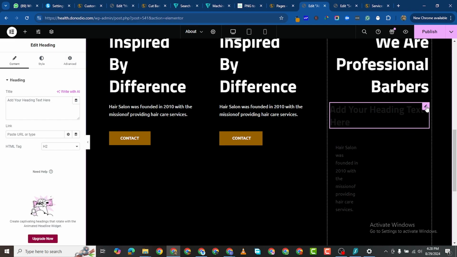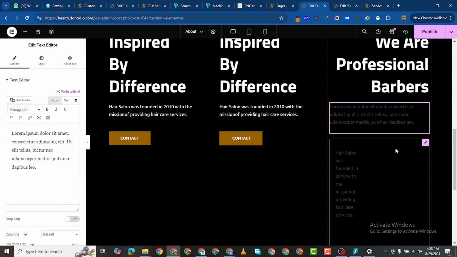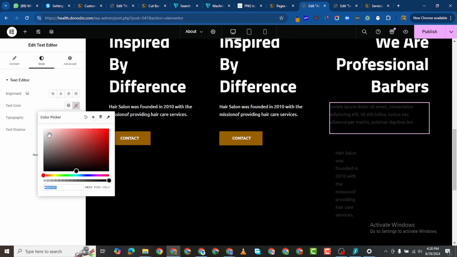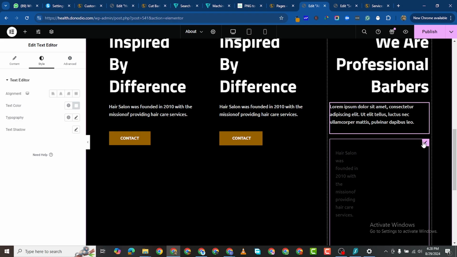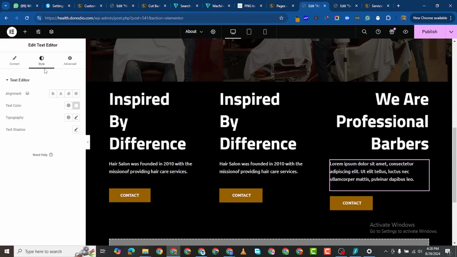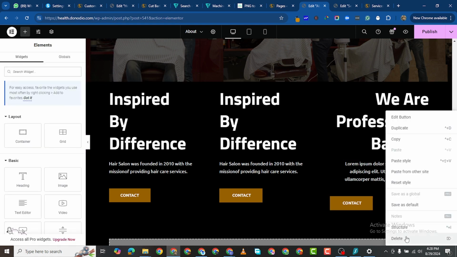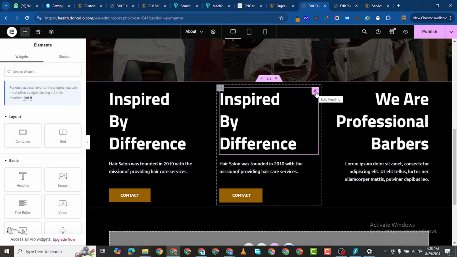Now I drag the heading instead. I'm going to drag a text editor widget. I'm just going to leave that text there the way it is. I'll delete this. I'll delete this. And then come to style, make it face this section too. I don't need a button here. Inside here,